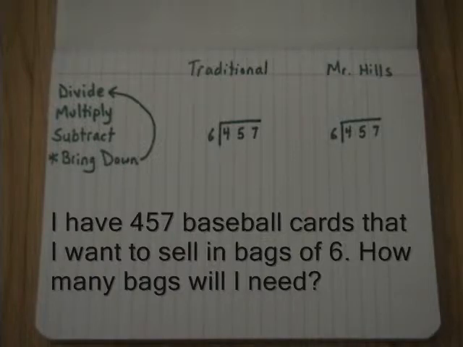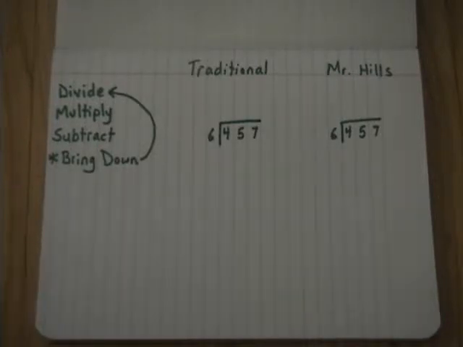Okay, so we have an equal grouping situation. We're putting these baseball cards in groups of 6. I don't want to take all my baseball cards to the store and buy the bags, so it's just easier if I can do this quick, fast way, a set of steps that works, and I can get an answer. So I'm going to show you the traditional, which is the way I was taught in school,